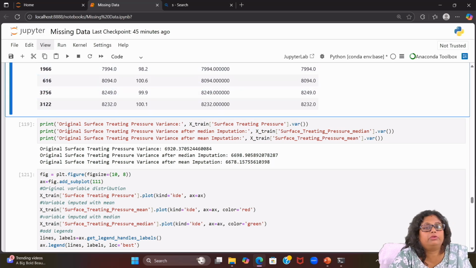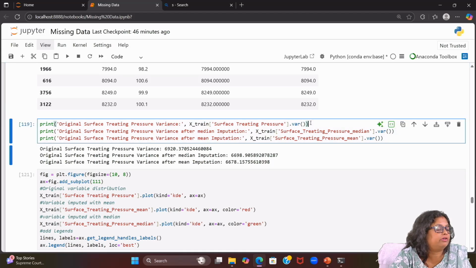Now we are going to check the variance and covariance after making the replacement. So just check original surface treating pressure variance. For that we have to call extent and surface treating pressure, and then the var function we require to call, and then we want to check what changes are there after imputation. So for that we are mentioning extent, and then we are taking the column surface treating pressure median.